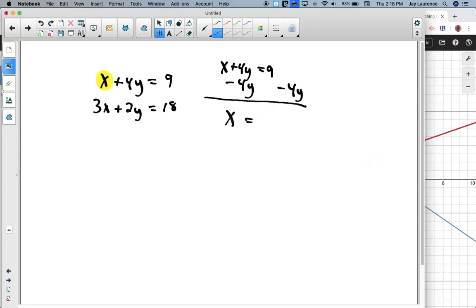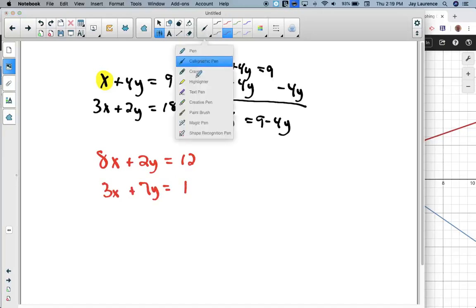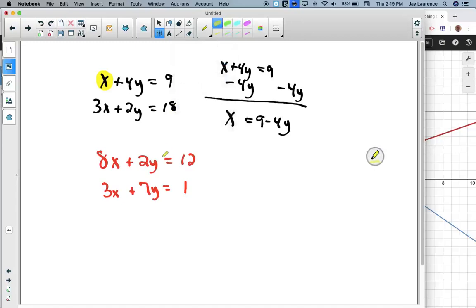This will get me x equals 9 minus 4y. Now I'm ready to substitute. If I had a system that looked like this, let's see, 8x plus 2y equals 12, and 3x plus 7y equals 1. Well, in this problem, this system, the variable I'm going to solve for is going to be this